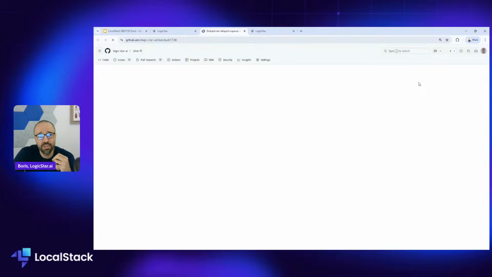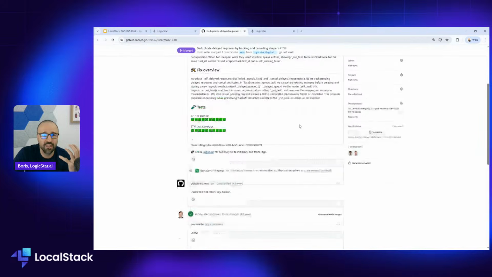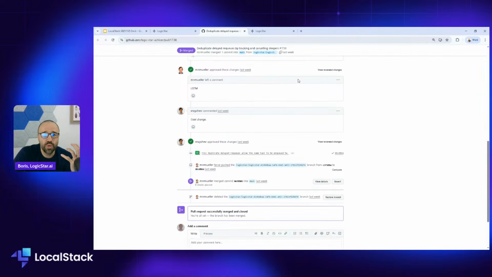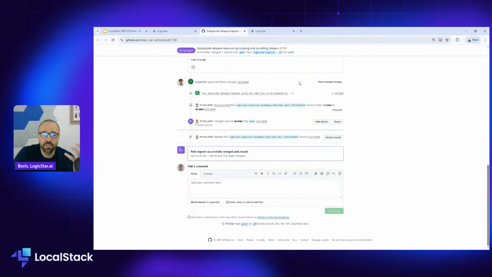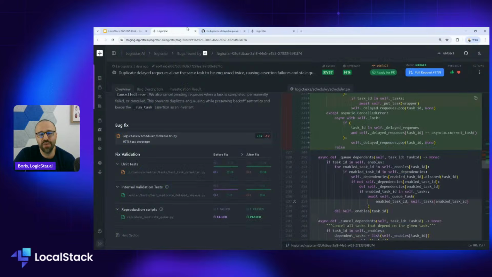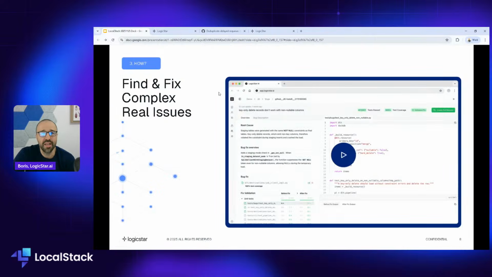And just quickly jump into GitHub to see how the pull request looks. Again, a similar description, describing what it is. You see that all the tests have passed in this case. You see that we have great test coverage. And then our team quickly looks at it and ultimately merges the pull request. So this is the final 10% of the work needed, outside of the fact that we're able to identify the issues fully autonomously.